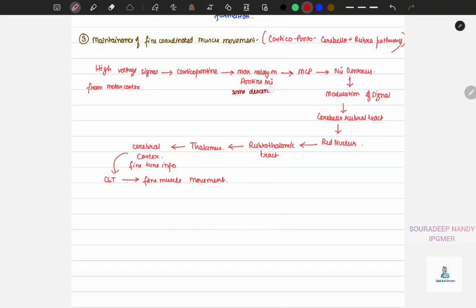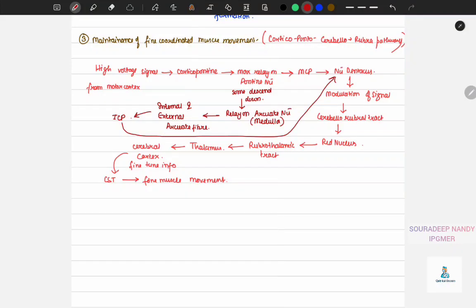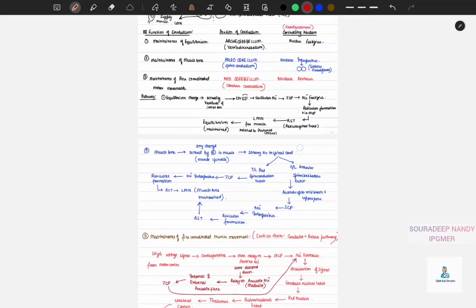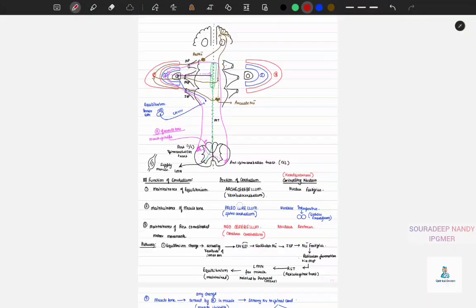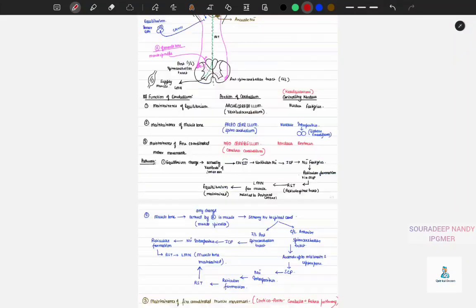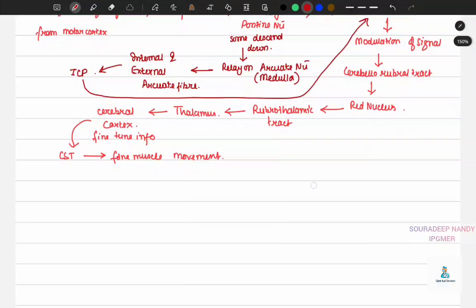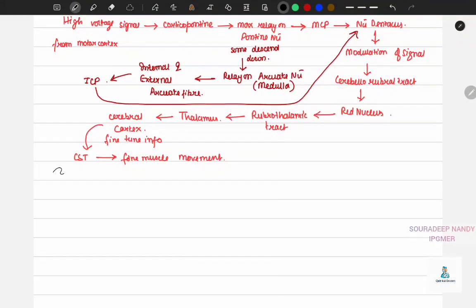Some descend down, relay on the arcuate nucleus in the medulla, internal and external arcuate fibers, inferior cerebellar peduncle, and the nucleus dentatus. So this is all regarding the external connection of the cerebellum. So lastly, let us discuss the clinical features